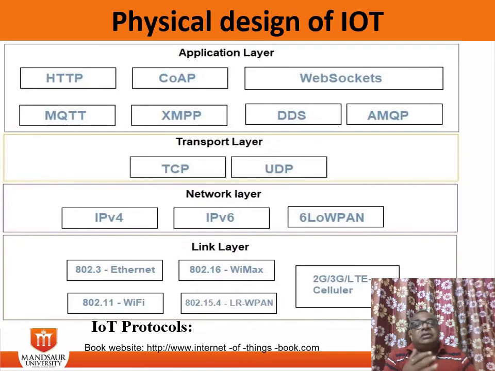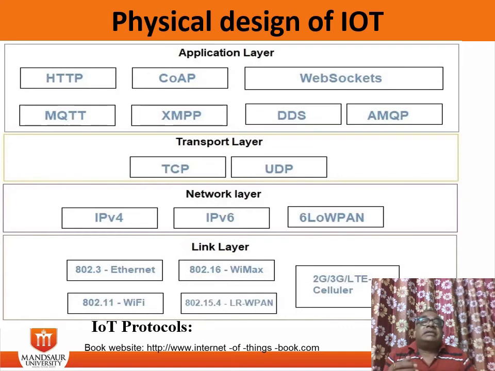Now another one is CoAP, the Constrained Application Protocol, a specialized internet application protocol for constrained devices as defined in RFC 7252. It enables devices to communicate over the internet, and the protocol is especially targeted at constrained hardware such as 8-bit microcontrollers, low power sensors and similar devices that can't run HTTP and TLS.